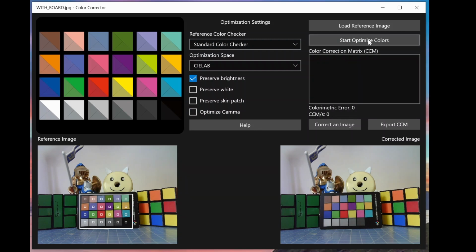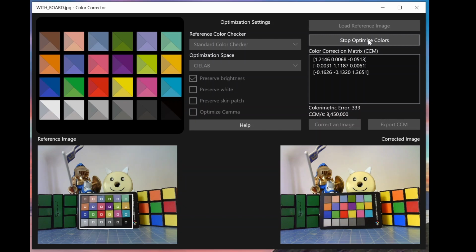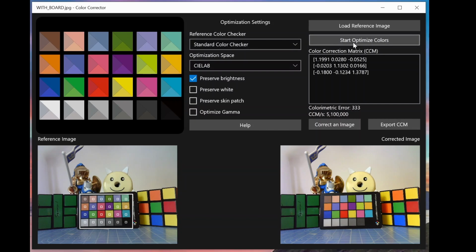As the last step, let's click on Start Optimize Colors. After a few seconds it will be possible to see a preview of the correction in the right pane. We'll click Stop Optimize Colors when satisfied. The software calculates the necessary corrections, which can be exported and implemented in your project to correct the photos in real time. With the Correct an Image button we can apply the calculated correction to any image, even if it does